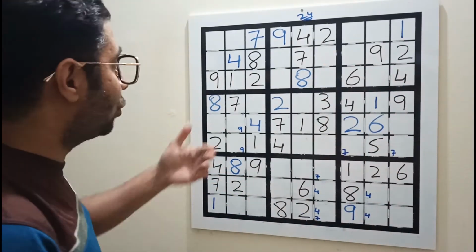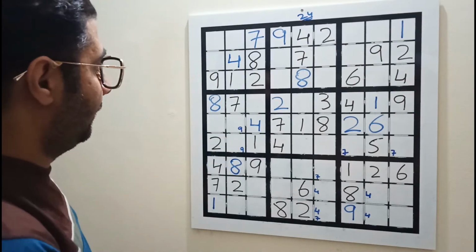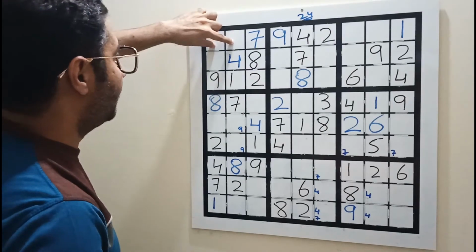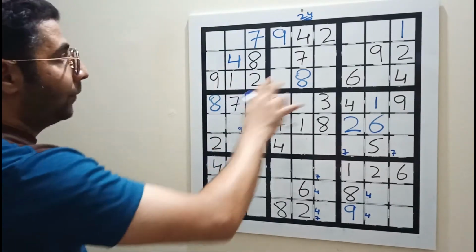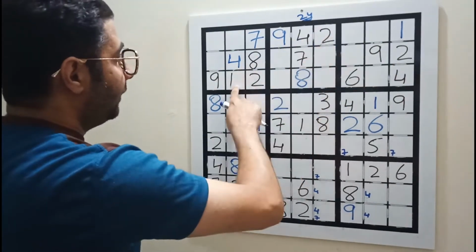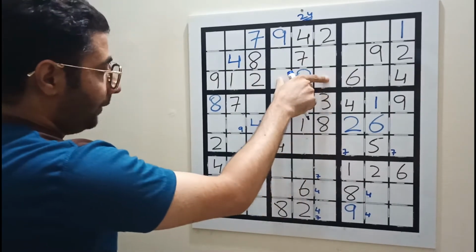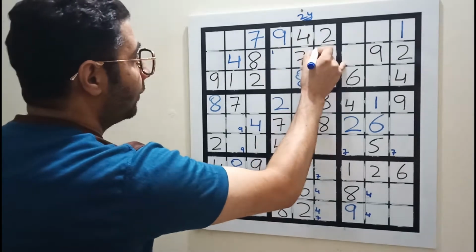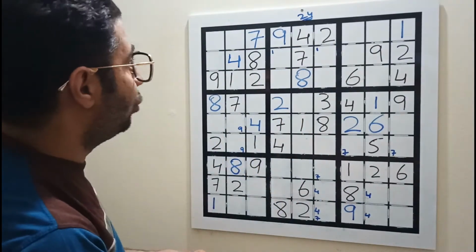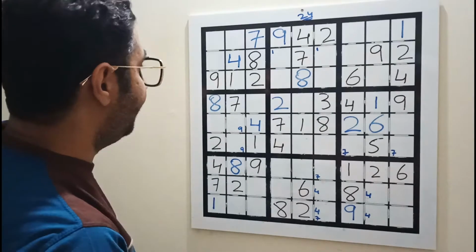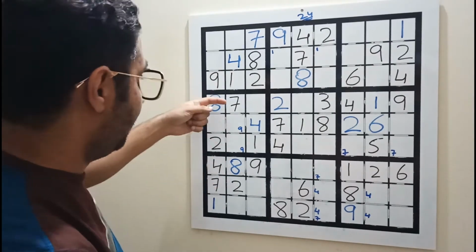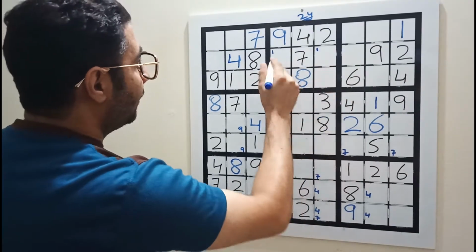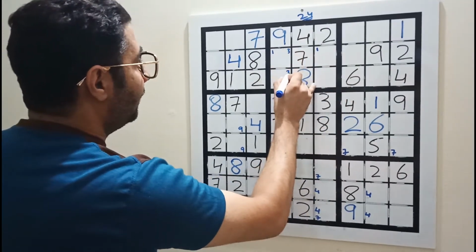Now we will see the cross-meet technique. Let's see what we get. Because of this, one cannot go there. We have, oh sorry, because of this one cannot go there. We cannot place this one here. In these two blocks, one can go either here or here. Okay, twos are done. Threes, do we have three here? Oh, we have three here. Three cannot go there. So either this is a three or this is a three.